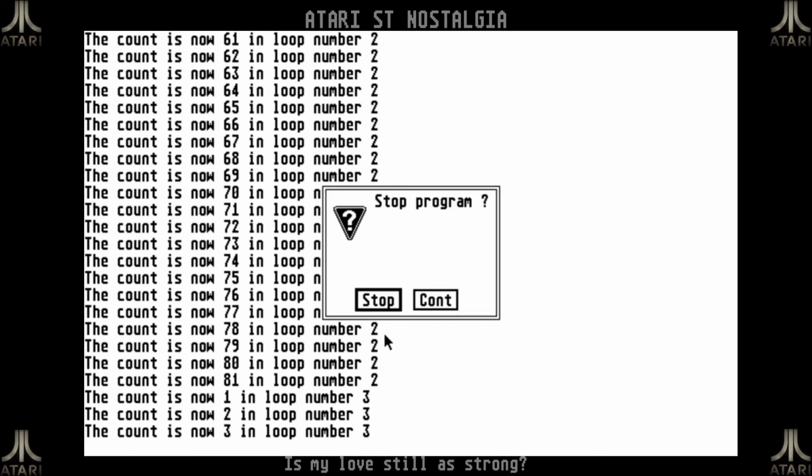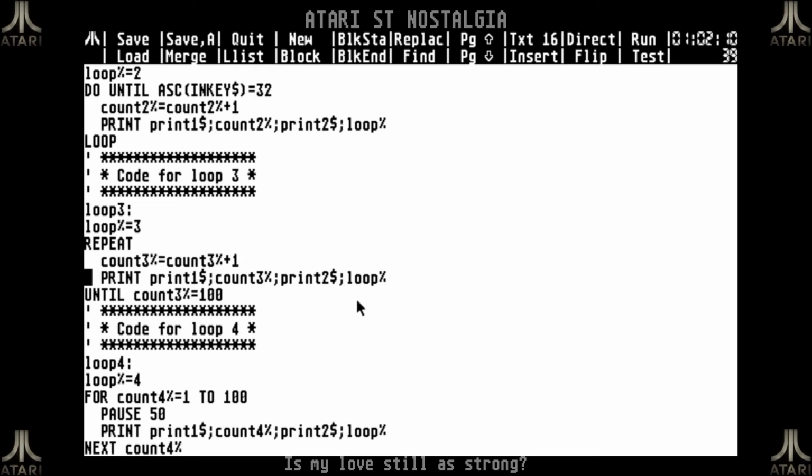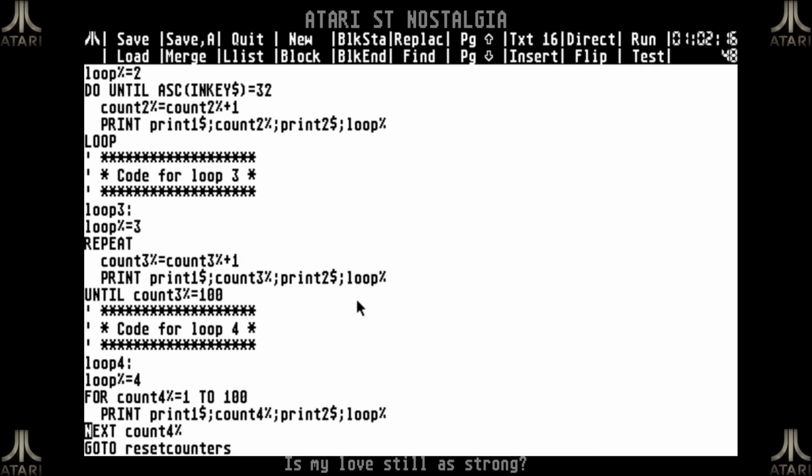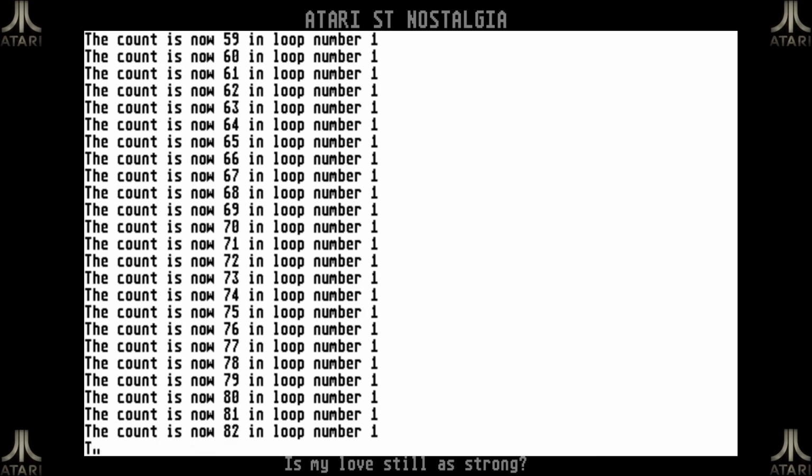Okay, hang on. I forgot to remove the pause from loop 3, which I shouldn't do because I set the counter to 100, so it will take forever. I don't want to wait this long, so I will remove it here as well. Sorry for that. So I will run, and as you can see, loop number 1 will continue until I press